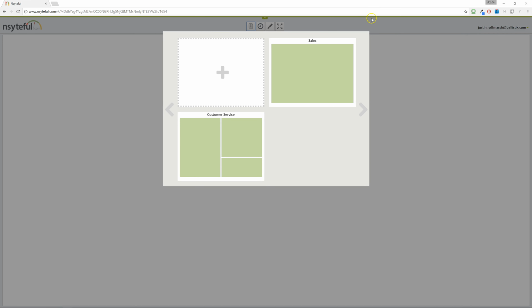Let me maximize this. Okay, so where are we? I want to go to the customer service page, and we'll start by setting up customer service. So on the customer service page, I'm going to have three widgets. I'm going to have one showing open cases in a table form right here. I'm going to have what we call an on-time case completion widget here, and I'm going to have a pie